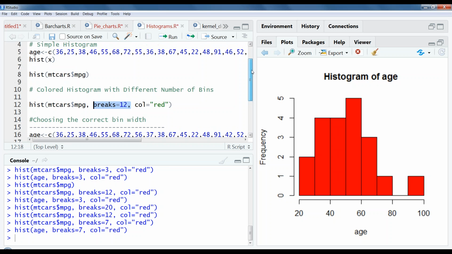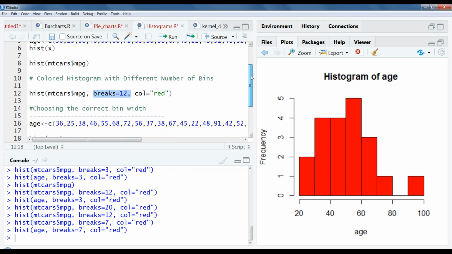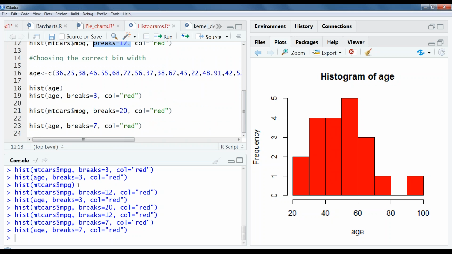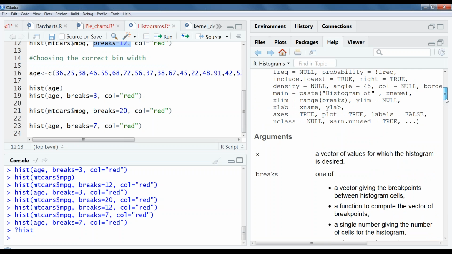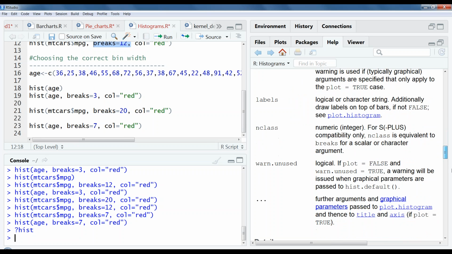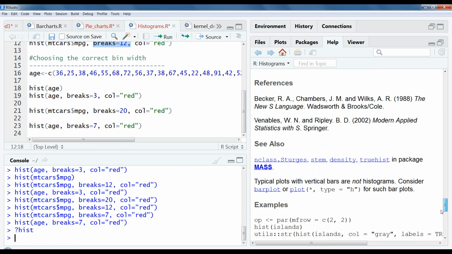So these are the very basic options we have in this histogram. If we want to explore more options, as I mentioned in an earlier session as well, we have help: question mark hist. With hist help we will get all the basic information, what the histogram is, the basic syntax, what options we have, and each option's description.